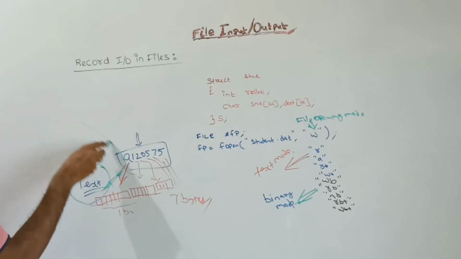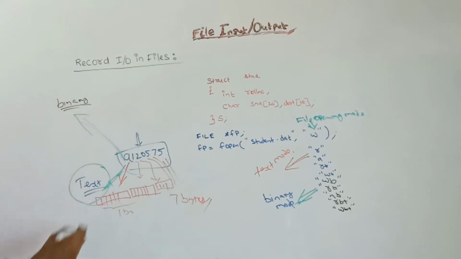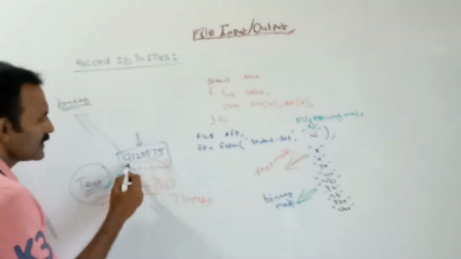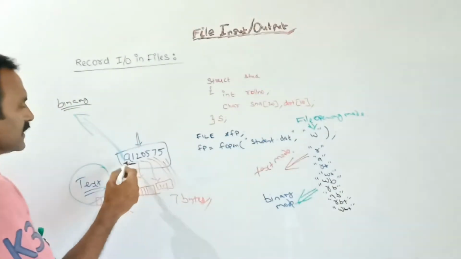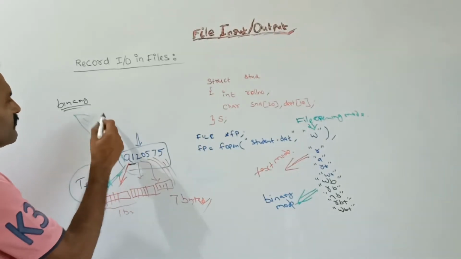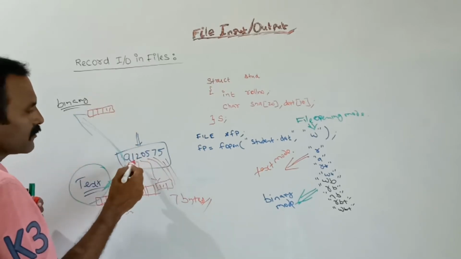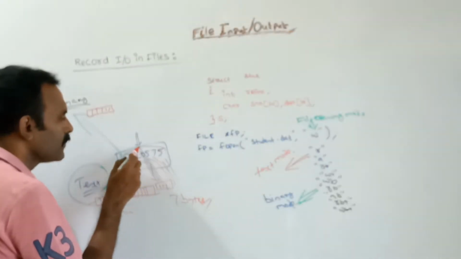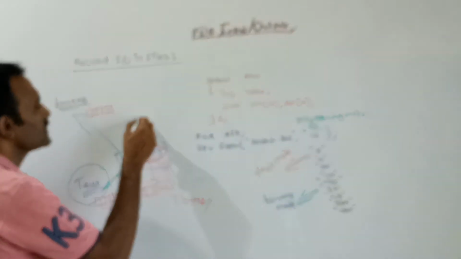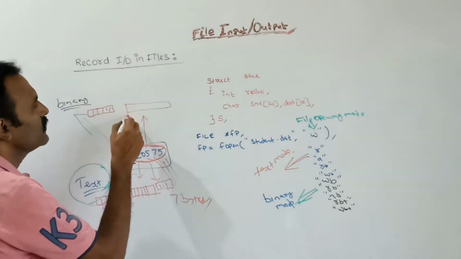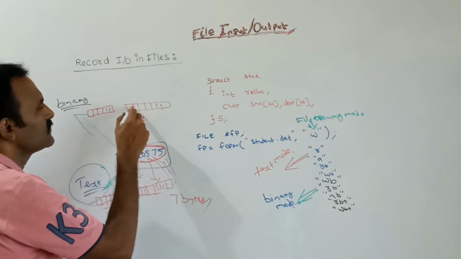If you are writing this content in binary, then it will be stored byte-wise. Here, first this character A, 97, takes a total of 8 bits, and the remaining number is considered as integer type. So what is the default size of integer type? 4 bytes. So it allocates 4 bytes, and after converting this into binary, those binary values are stored here.